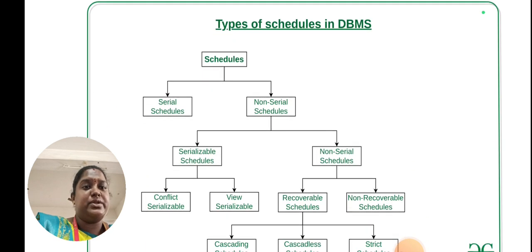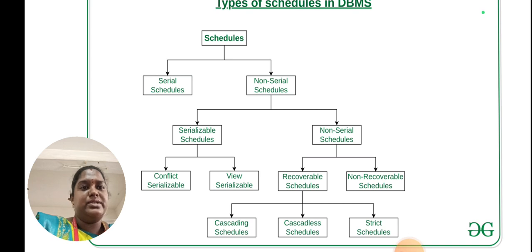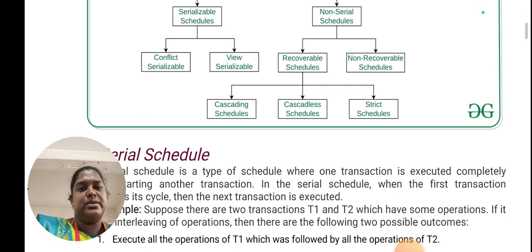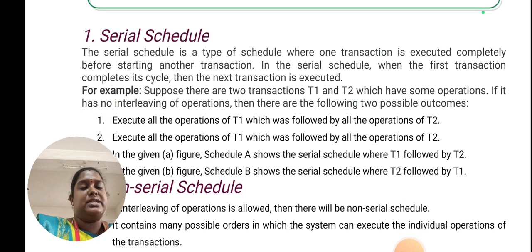Types of schedules. There are a list of types of schedules: serial schedules and non-serial schedules. Non-serial schedules are serializable schedules and non-serializable schedules. Serializable schedules are conflict and view. Non-serial schedules are recoverable schedules and non-recoverable schedules. Recoverable schedules are cascading schedules, cascadeless schedules, and strict schedules. These are the list of schedules in the